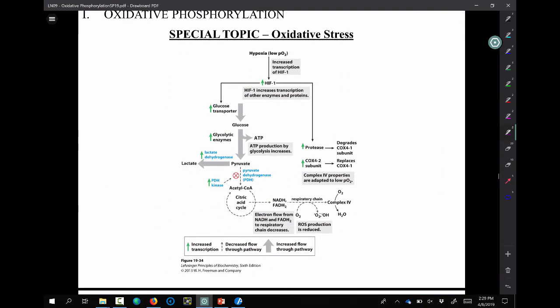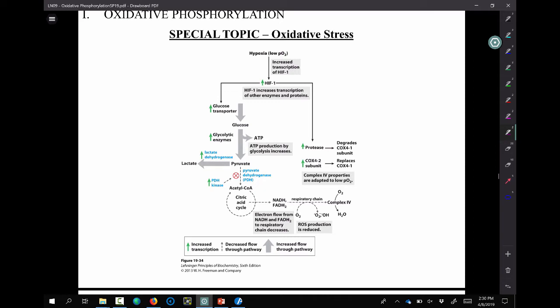One or two more slides on this topic of oxidative stress. Like I said, it's really important, so I wanted to spend some time on it. And oxidative stress, interestingly and almost paradoxically, can be the result of hypoxia. Okay, so reduced oxygen. You say that can't be. If you reduce oxygen, certainly you're not going to increase oxidative stress, but it actually is true that you can do that.